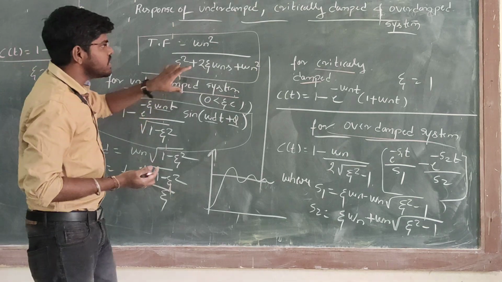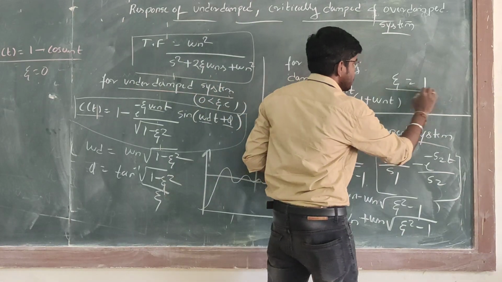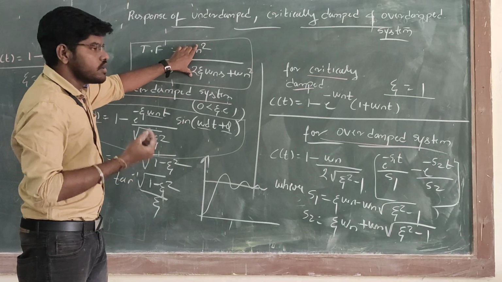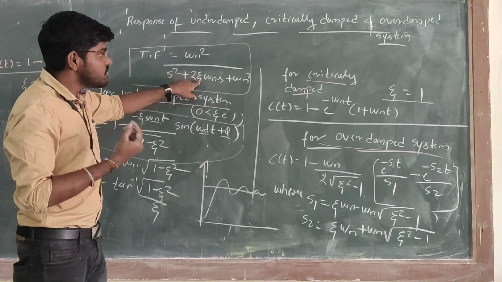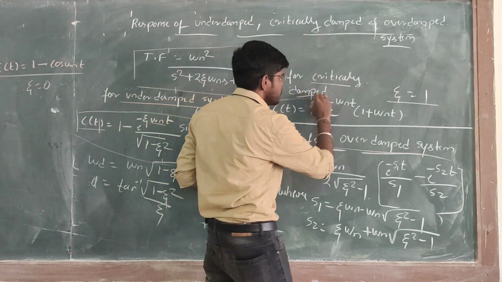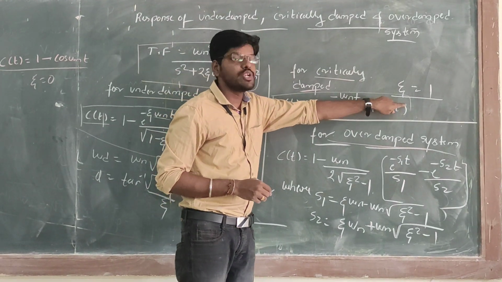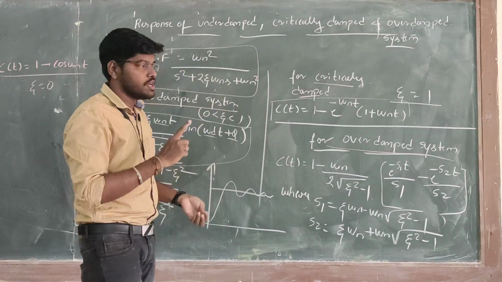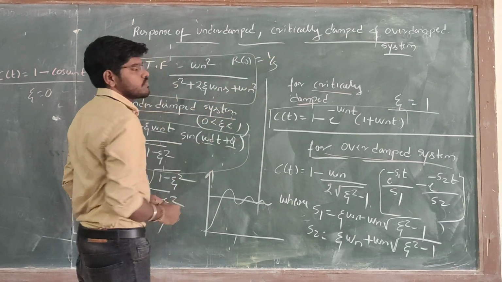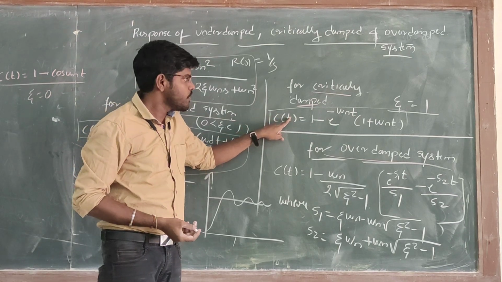Similarly, we can find the time response for the critically damped system. For zeta equals 1, it is called a critically damped system. When a unit step is applied, make zeta equals 1 and derive the response of the system. The response will be c of t equals 1 minus e raised to minus omega n t into bracket 1 plus omega n t. As the value of damping factor is 1, substitute zeta equals 1 and apply r of s equals 1 by s, then find the response of the system, as we did for the undamped system. This is the response.